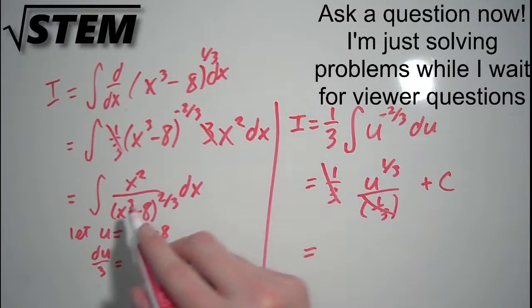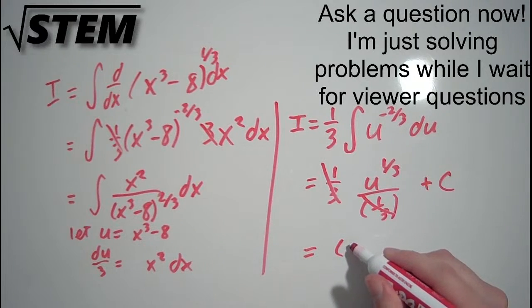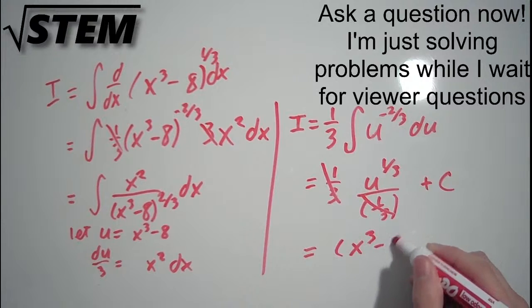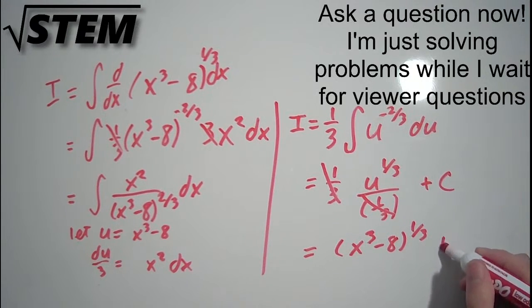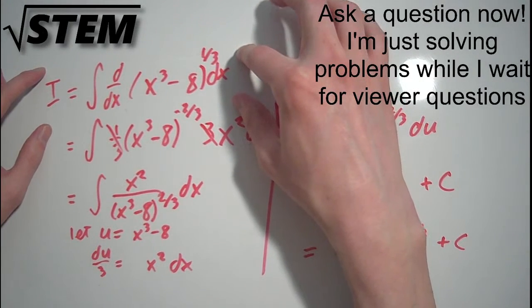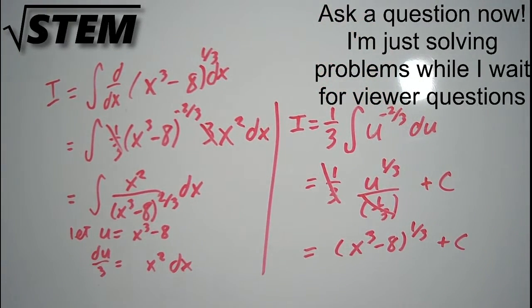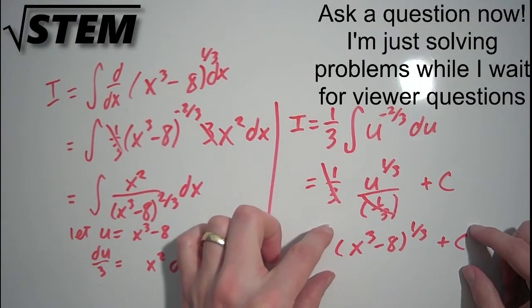And then our u was x cubed minus 8, so we get (x cubed minus 8) to the 1/3 plus c. And this is actually kind of obvious now that I think about it. I think the point of this integral being on the worksheet that I was looking at was maybe to have unsuspecting Calc 1 students or math tutors do all of this work to arrive